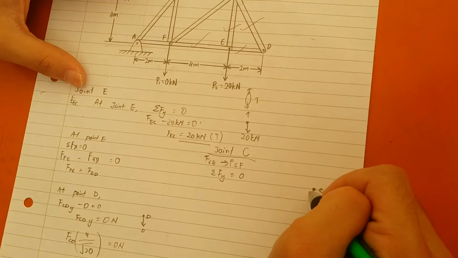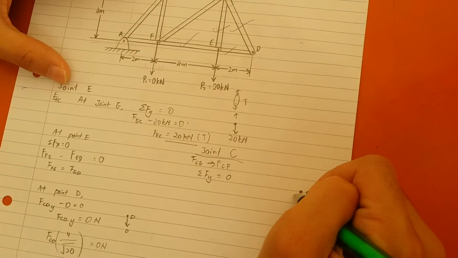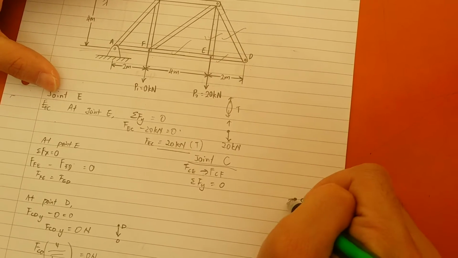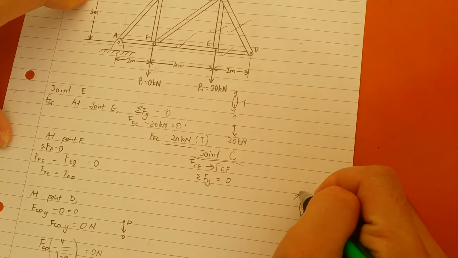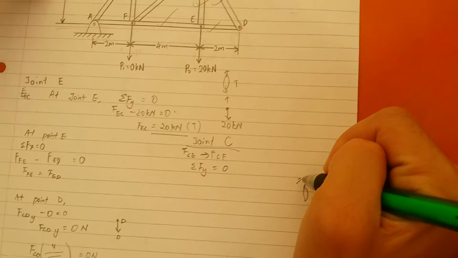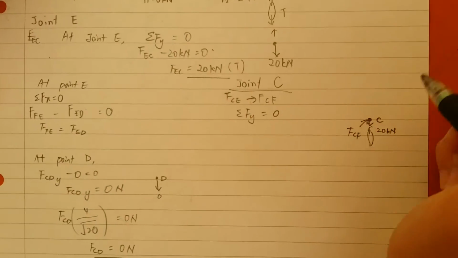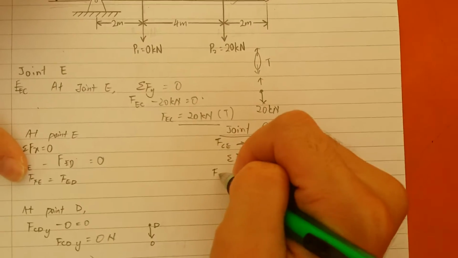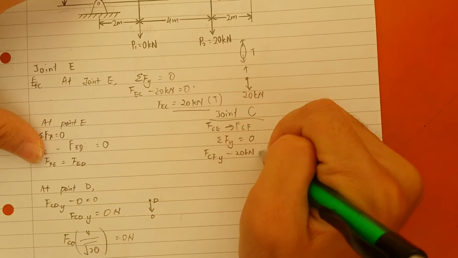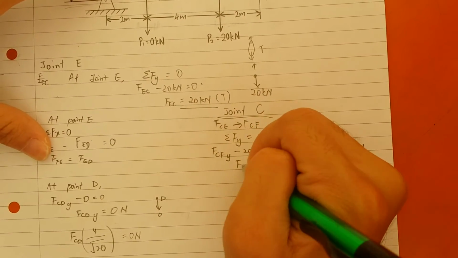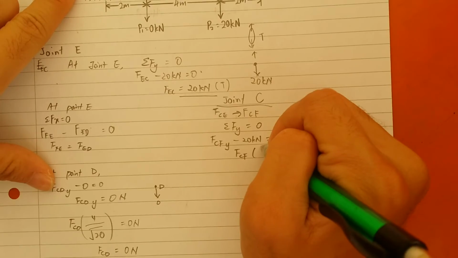And then we have another force here. We assume that it is the compression, so the force is towards the joint. Because of this, we will have a force along the y-axis. So this is FCF, right? Yes. So this FCF y minus 20 kilonewton equals to 0. So FCF y is equal to FCF times 4 over